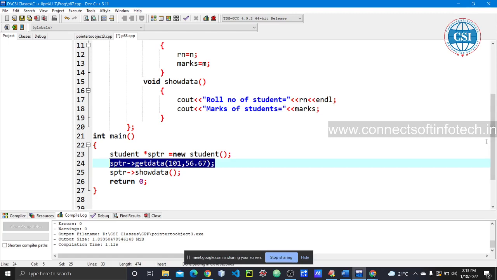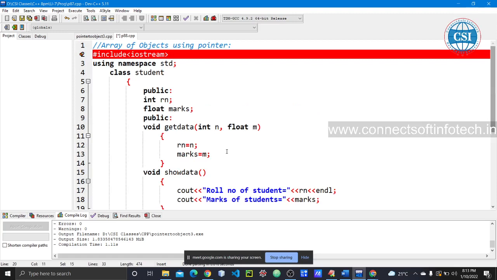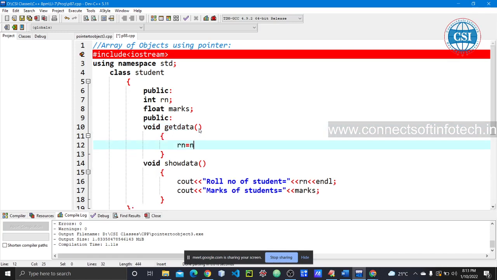In this getdata, I am going to remove the argument parameters. Here we can write cout to enter the data: enter the roll number of student, endl for the new line.